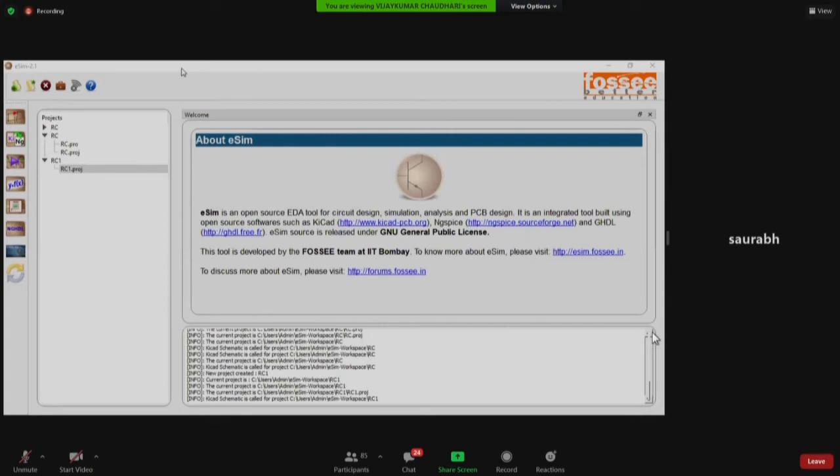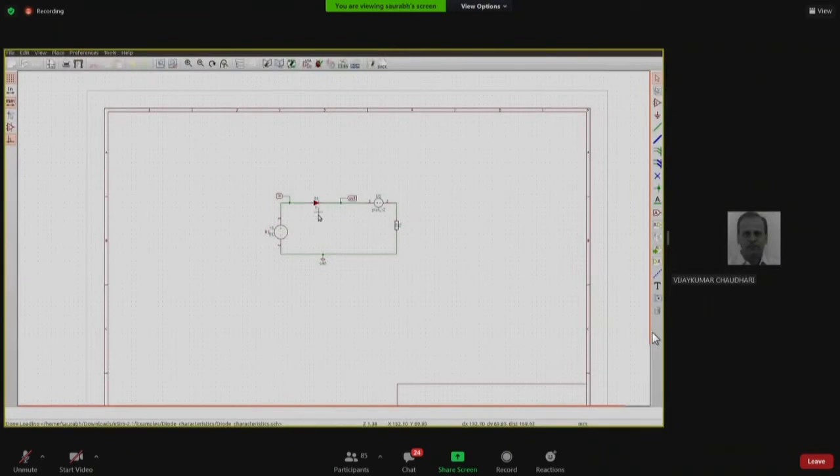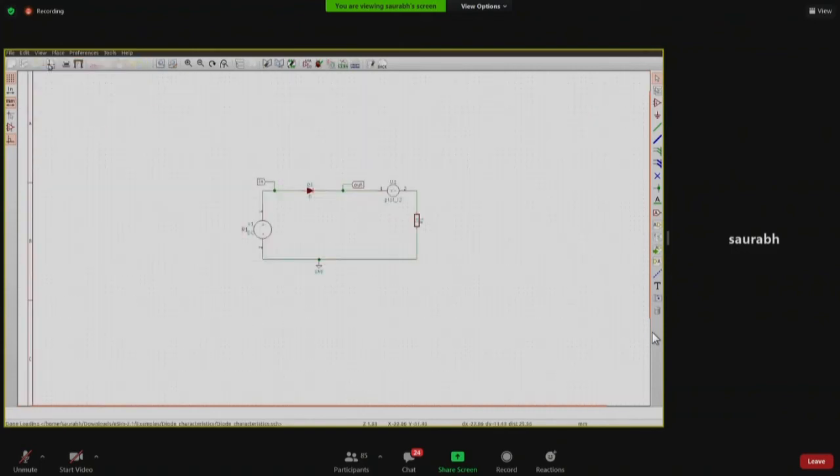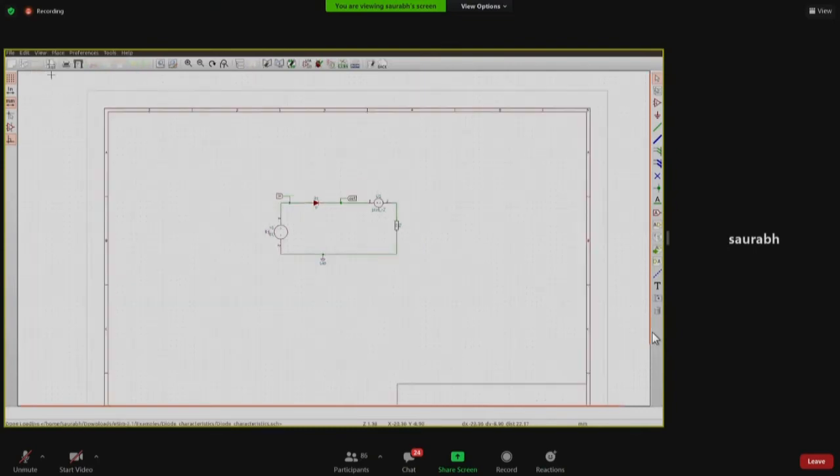Okay, sir. Can you stop sharing your screen? Actually, I'll give a demo. Okay. What I have right now is this schematic window open, and if you click on view, it is going to zoom in. Can you see the mouse actions that I'm doing? If I do zoom out, then